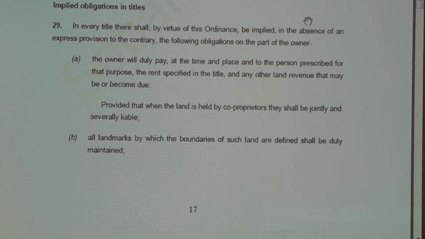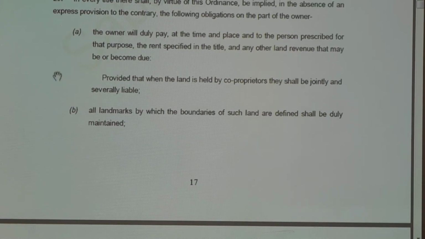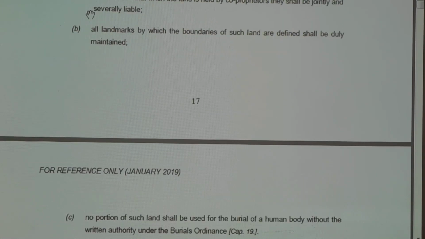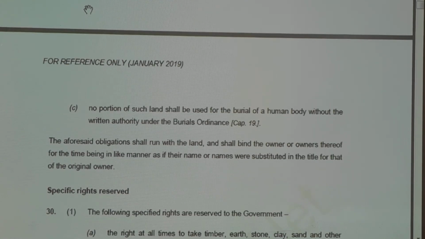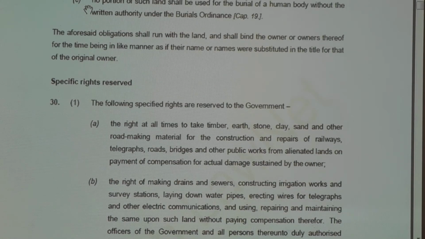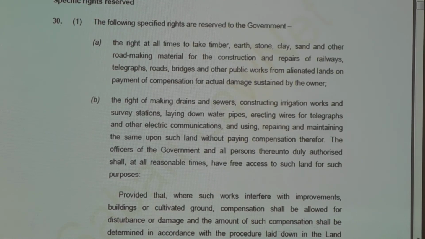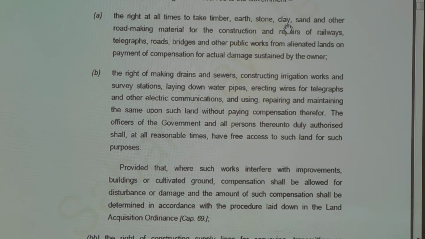Just now I mentioned that every title comes with implied terms and conditions. So, in addition to the express terms which you can see in every document of title, you will also have all these implied terms in this 29 orders. You probably need to go and try to remember this, particularly Section 30, specific rights reserved. The following specific rights are reserved to the government. So, whoever owns the document of title, although the document of title is very short, just 2 or 3 pages, all these are implied into the